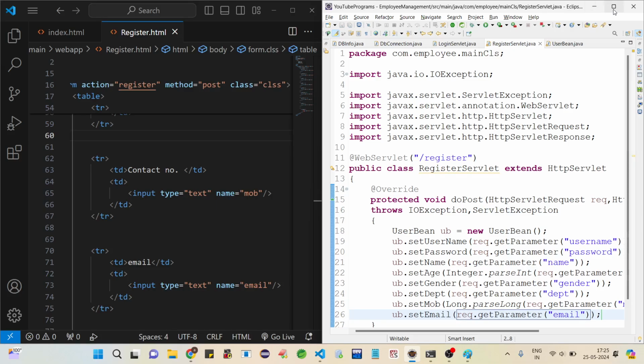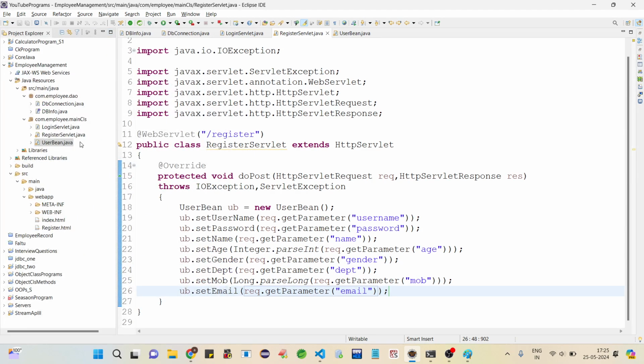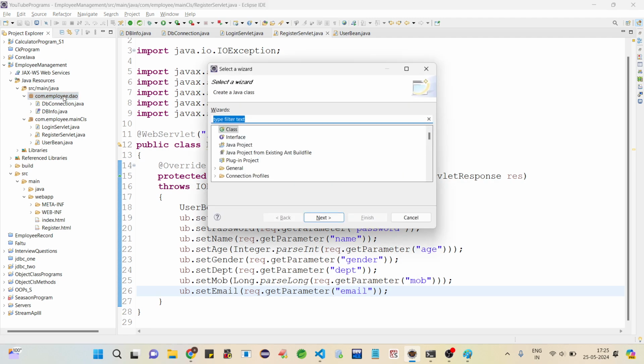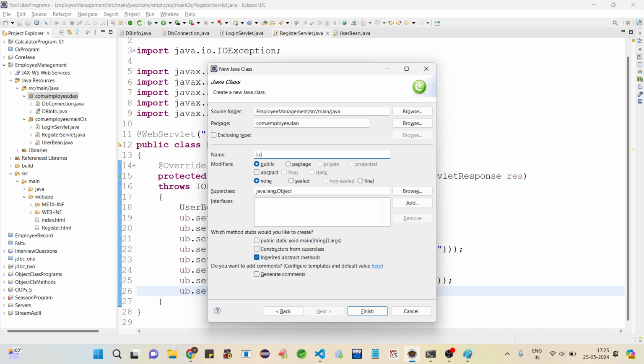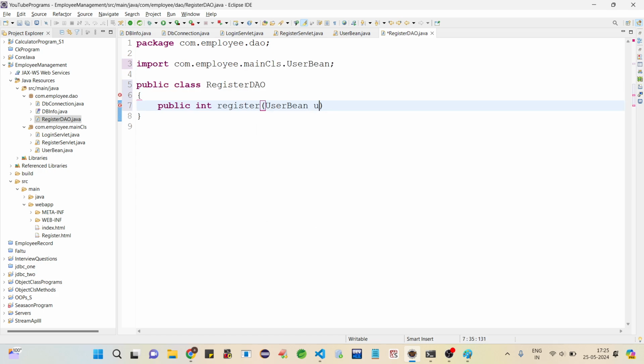Now our register servlet class bean object is created. We have to create the DAO class, RegisterDAO. Inside RegisterDAO, it is going to take public int register. It is going to take the user bean, uv, as a parameter, and return